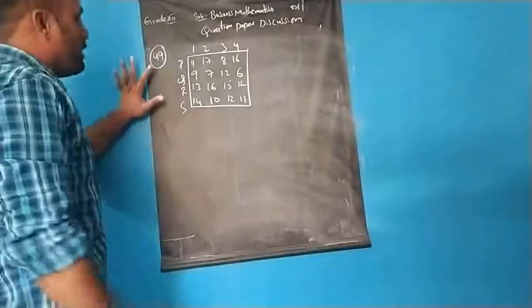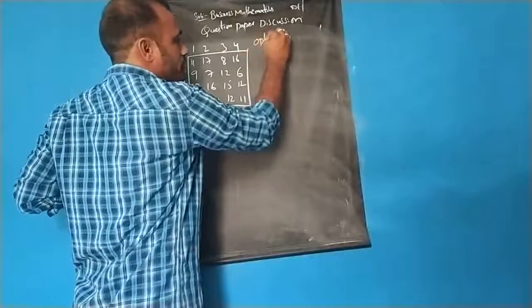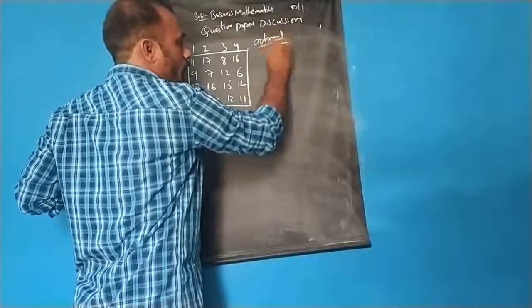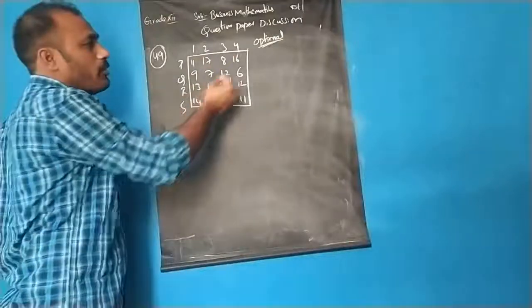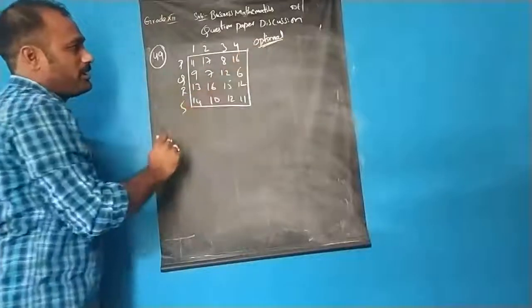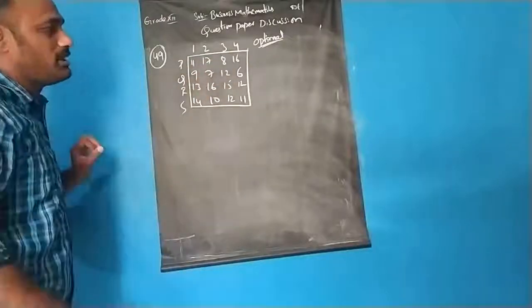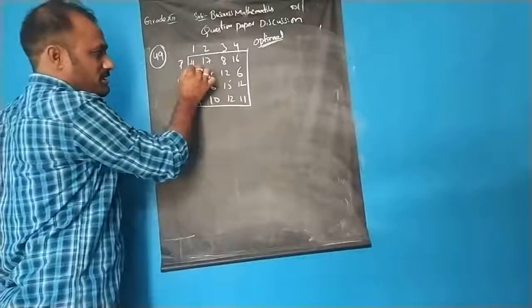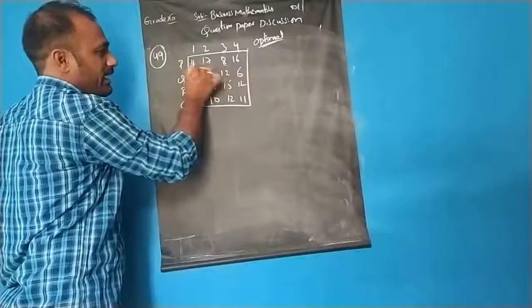Next, let us see this 49th question. He's asking in the question to find out the optimal solution. Whenever he's asking to find out the optimal solution, first we need to go with the Hungarian method. In that method, we have to decide in each row what is the smallest number, and we have to do subtraction of that. So here the two smallest numbers are 8 and 11.